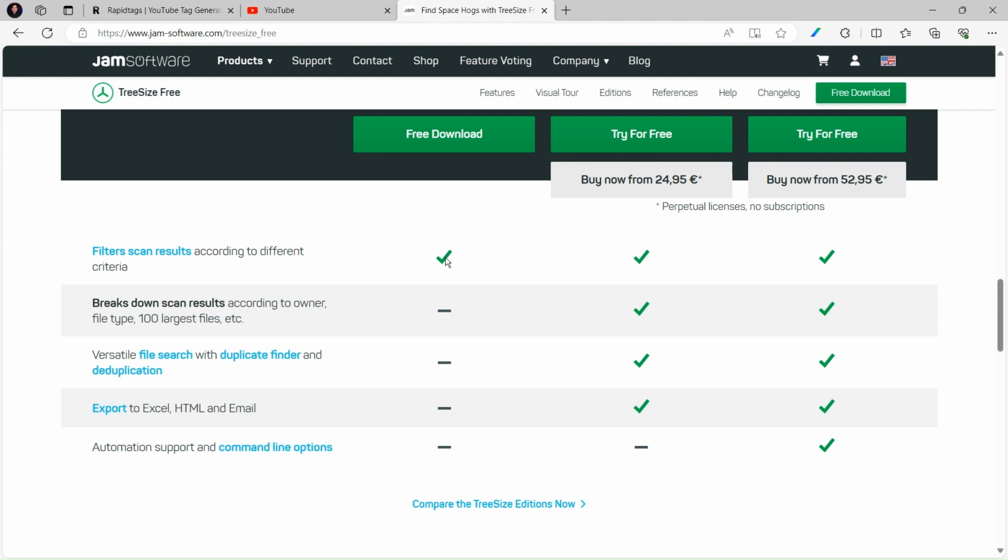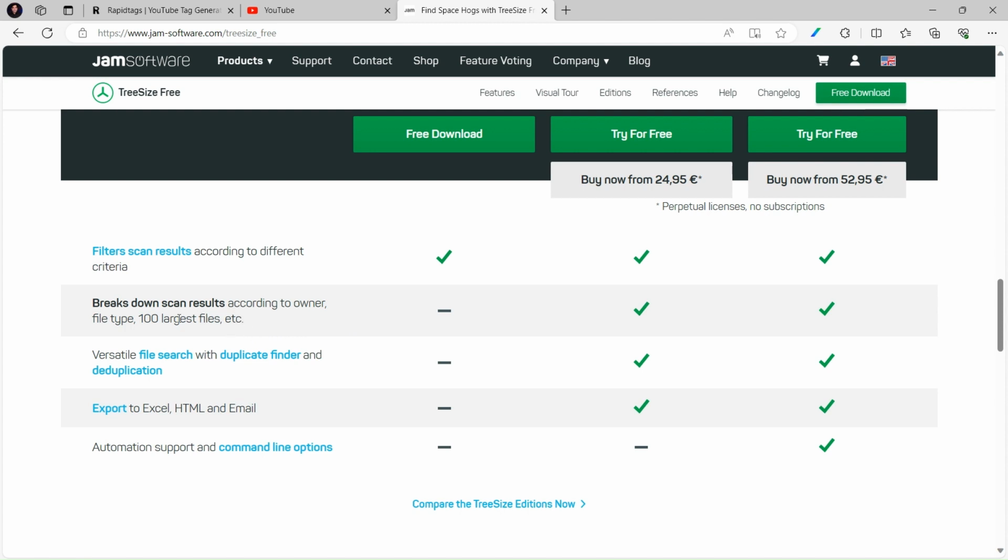I think for us the free version is sufficient because we don't do cleanup on a regular basis, right? And we are not maintaining a big data center. It's more like our personal laptop that we use, and we can scan once in a while and do the cleanup. But if you want to go for more options, like large files you want to scan, anything,